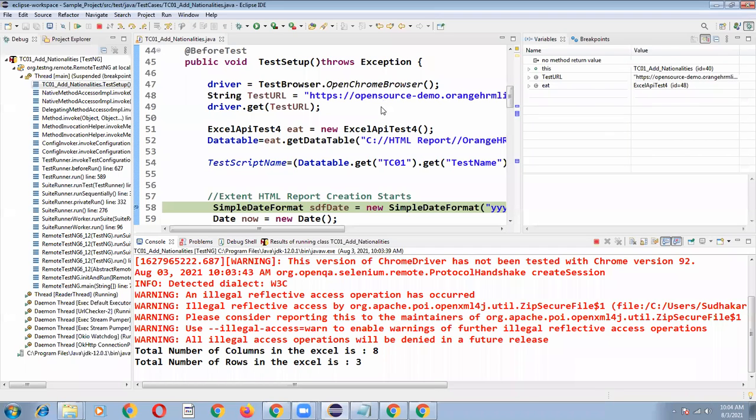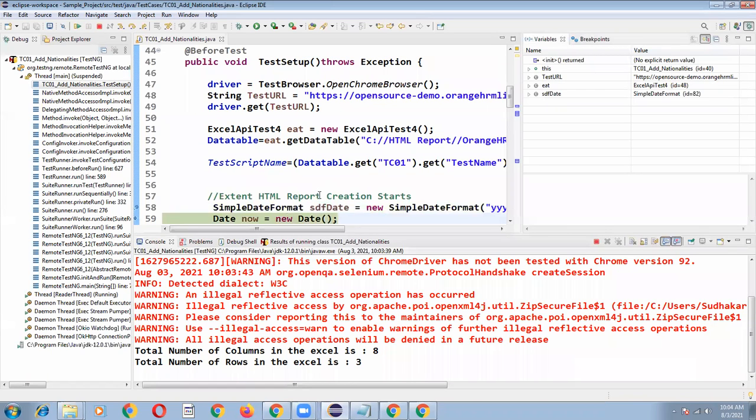See here that my test URL value is loading. After that each object has been created, and if you want to expand, you can expand these values and check the values for that particular object, how this object has been created. With the supporting class files this object has been created, and let's press F6. Simple date format, and let's press F6 again. It's navigated to here. Press F6. Okay, it's coming back to here.